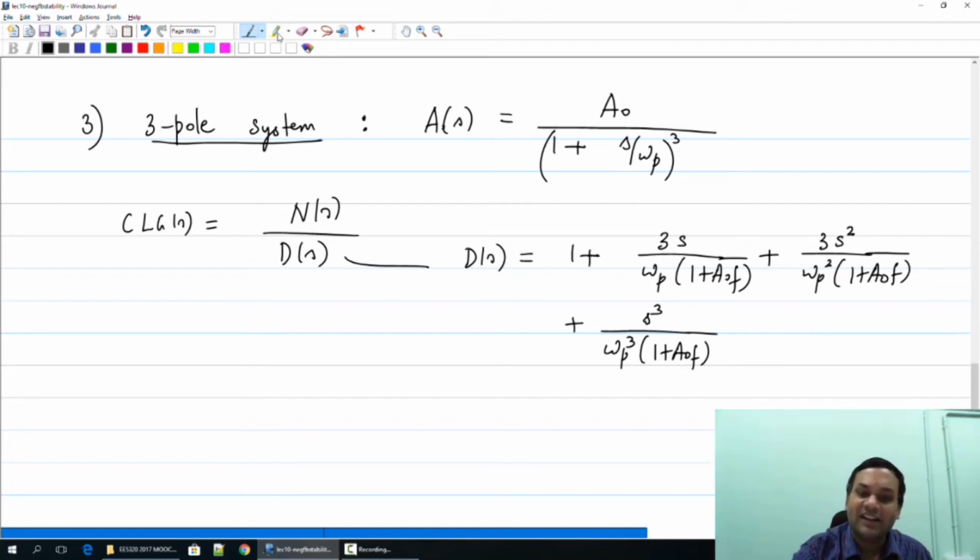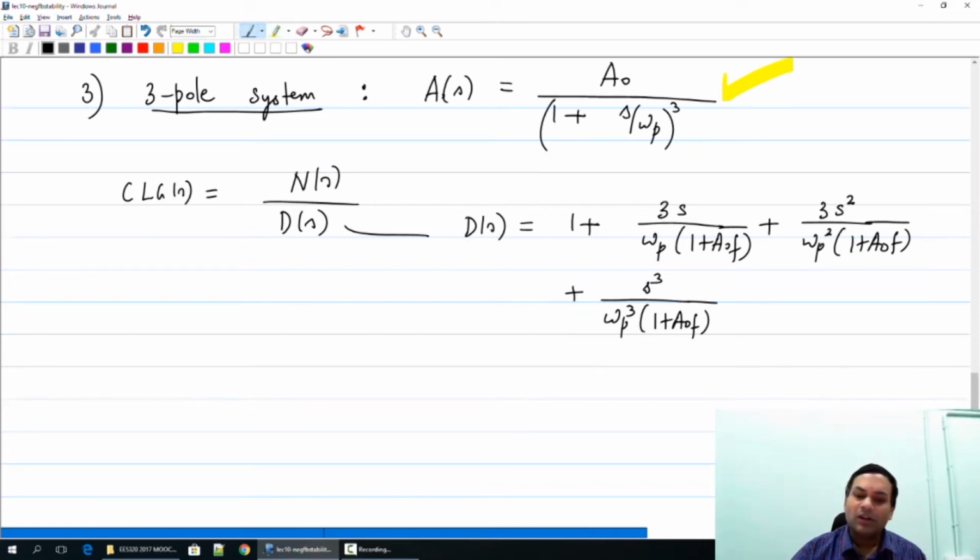So all I have done is I have taken this particular expression, I have plugged it into the closed loop gain expression, which is 1 over f times fA of s by 1 plus fA of s, and I have made it look like a polynomial n of s over another polynomial d of s, and I am looking at the denominator polynomial. We know that the system becomes unstable when the denominator polynomial goes to 0. So what does that mean for us? We need to find out the roots of the denominator polynomial d of s.